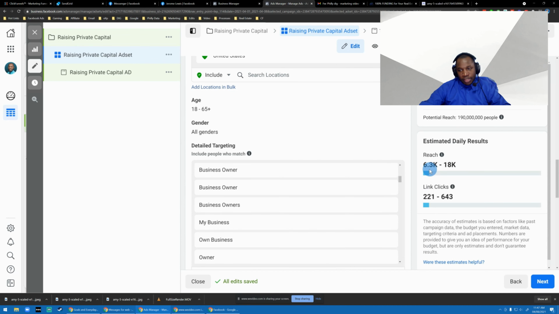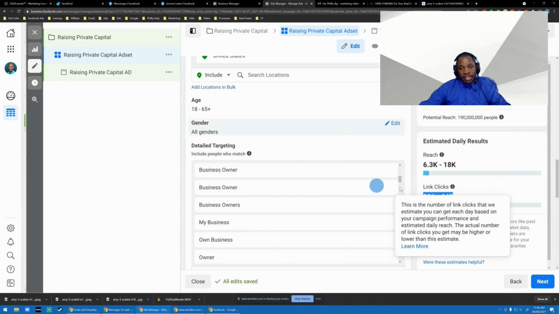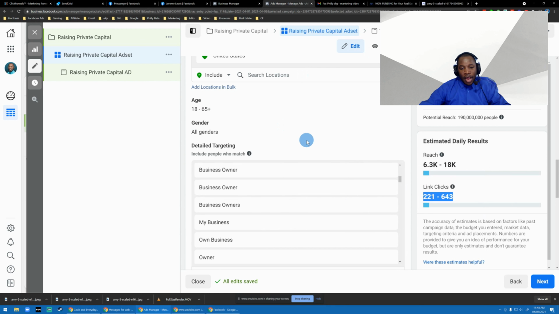But this is what Facebook will do. Facebook will do its job of reaching this many people daily, and we should get this many clicks. So we should get a minimum of 221 link clicks. And it's up to us how we optimize that page, or if people are actually truly interested in this event. We'd also do some retargeting based upon this campaign that we're running. However, this is the extent of Facebook advertising and setting up a Facebook campaign